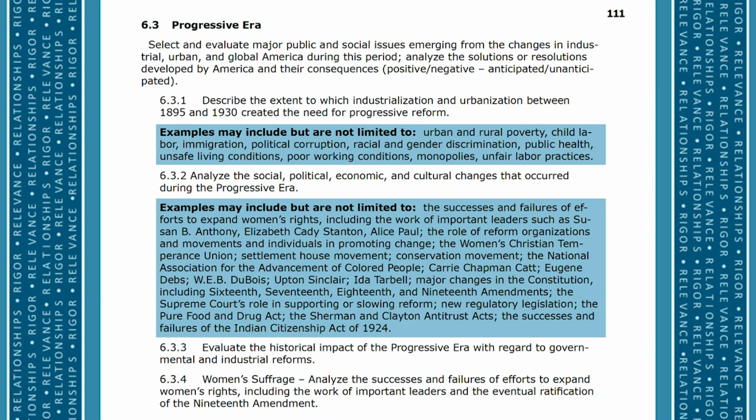And so the new focus really changed the area of inquiry, if you will. So instead of asking students to list 3 issues of the progressive era, for example, we really focus on the extent to which industrialization and urbanization created some of those issues. So how did they come into being in the first place instead of here they are? Much more of a synthesis about the variables that came into play.